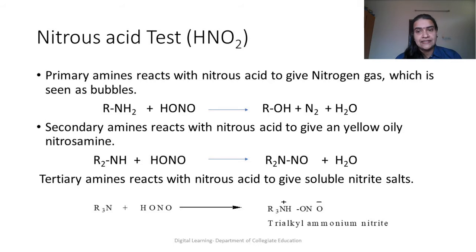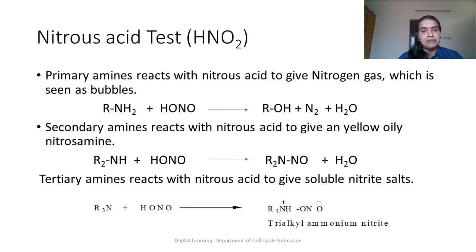When I say nitrous acid, you all should remember that HNO2, that is nitrous acid, is not readily available. We have to prepare nitrous acid by combining sodium nitrite and hydrochloric acid. So two compounds, sodium nitrite and hydrochloric acid, should be combined and HNO2, nitrous acid, should be formed first. The prepared nitrous acid should be combined with the given sample to know whether the given amine is primary, secondary or tertiary amine. There should be three different observations for the three different amines. So we'll see which are the different types of observations.